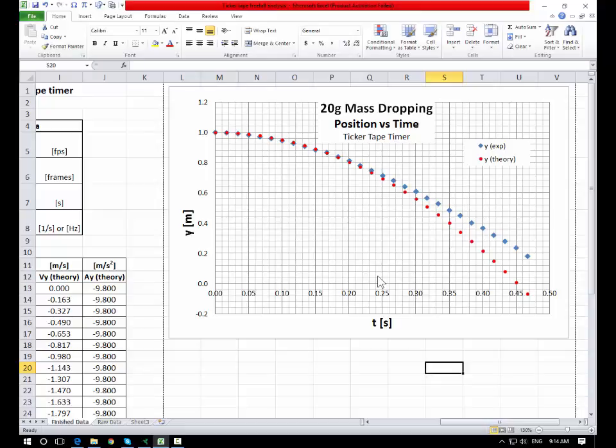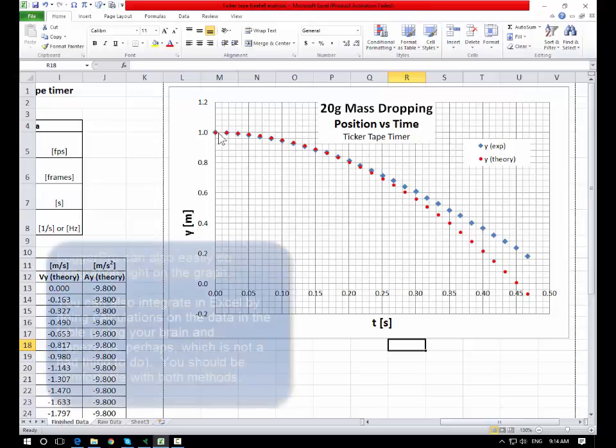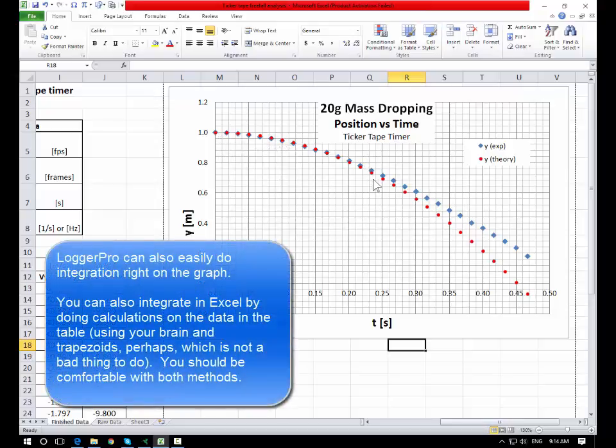But at some point you might get too much clutter in here, but this doesn't look bad. So in terms of analytical tools to use to analyze these shapes, Logger Pro is actually a much more powerful tool because it has many more different options that you can use to fit curves or lines. And the other thing that Logger Pro has an advantage over Excel is that, for example,